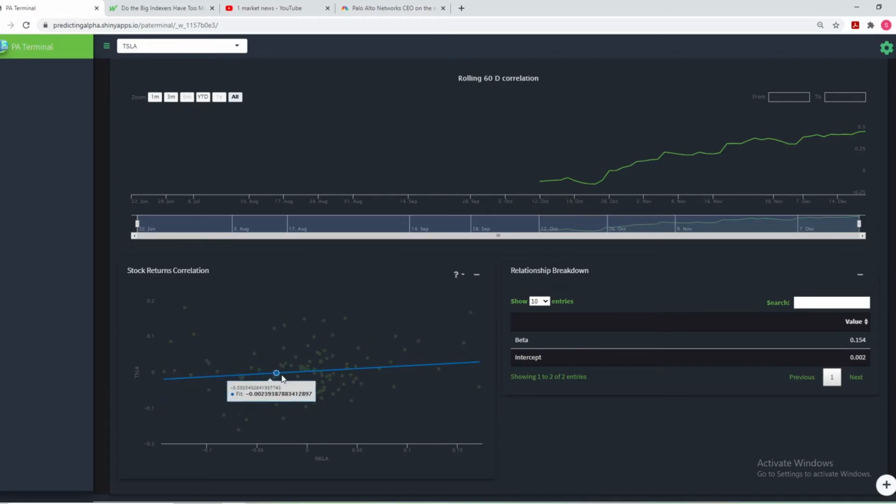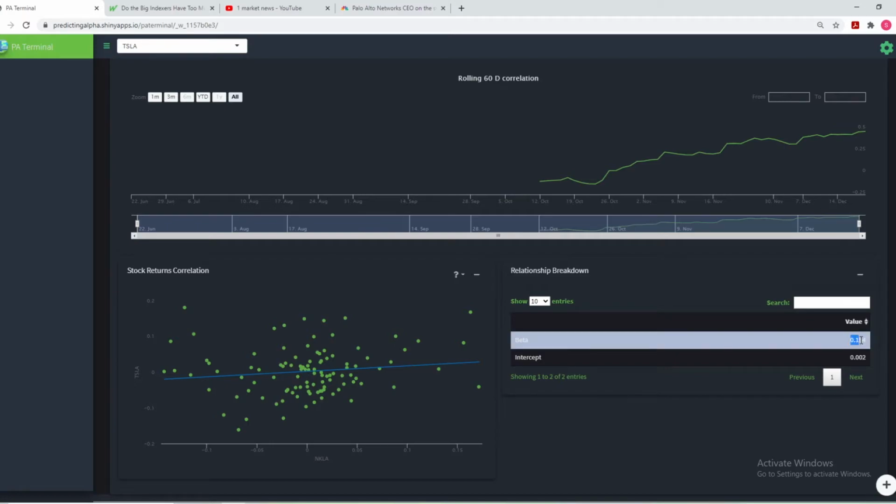And we can see now that this line is starting to make a lot more sense. And we see that a positive change in price for Nikola is correlated with a positive change in price for Tesla. We can even see the degree to which they are correlated by looking at this line of best fit. The last thing we can look at on this correlation page is the beta between the two assets we are looking at. So we can see that the beta between Tesla and Nikola is about 0.154, and the intercept for